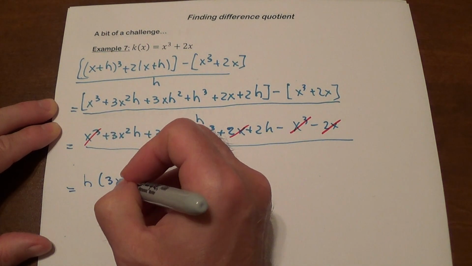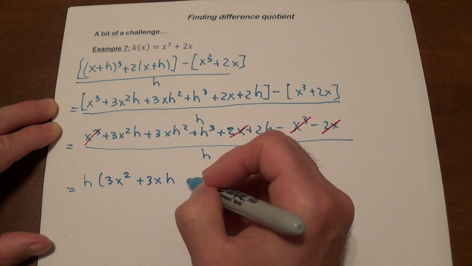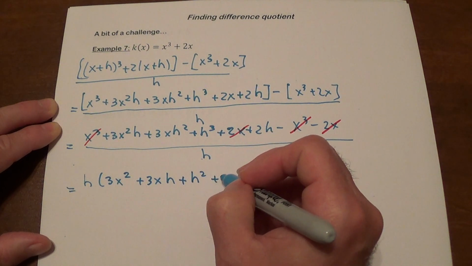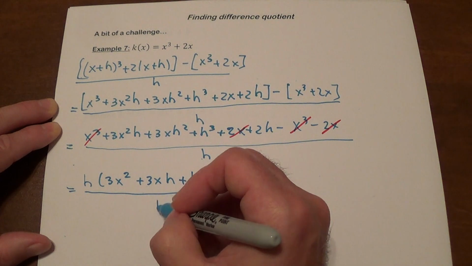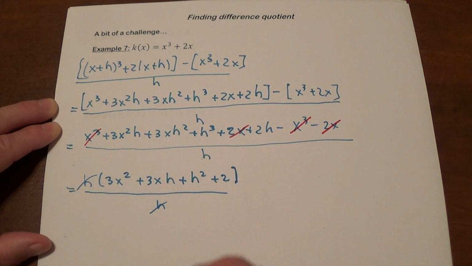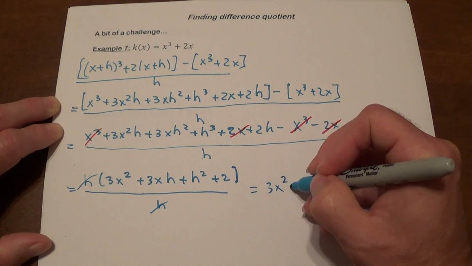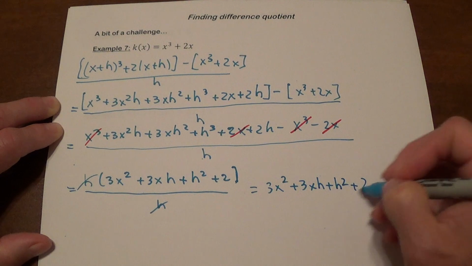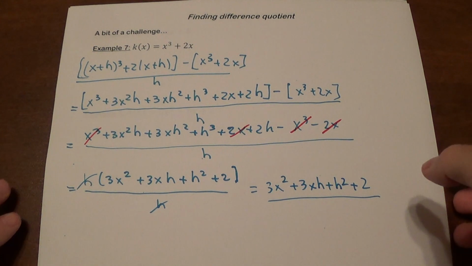In parentheses 3x squared plus 3xh plus h squared plus 2, all over h. The h is cancelled, and you are going to be left with 3x squared plus 3xh plus h squared plus 2. There's one more thing I want to show you, which is I want to generalize a